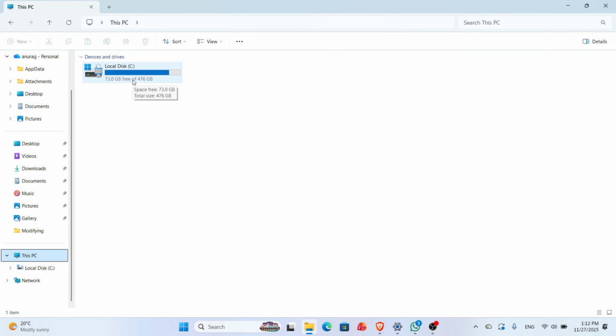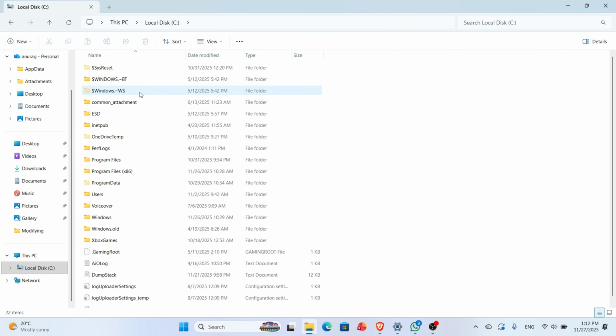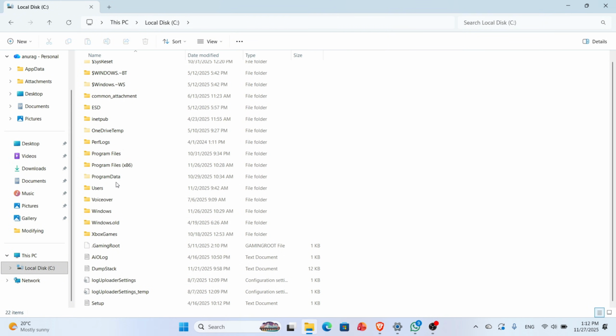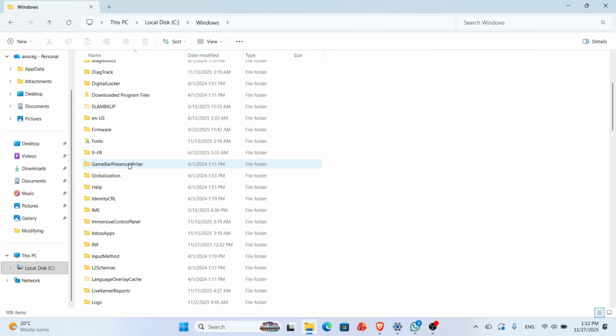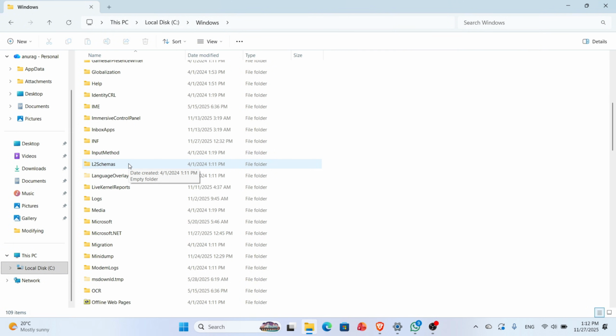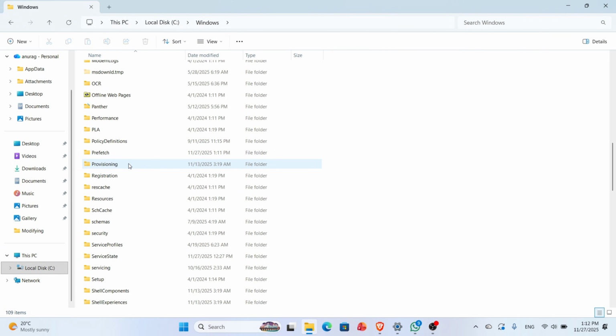So here I'll simply click on that, and now once you're inside the local disk, you simply have to scroll down, and there you simply have to click on the Windows folder. Now from here you simply have to scroll down, and there you simply have to click on the folder labeled